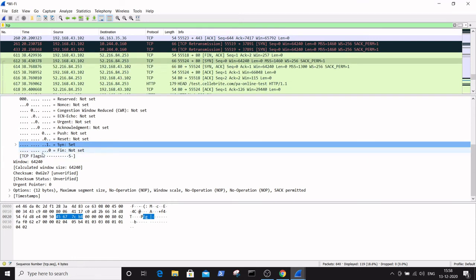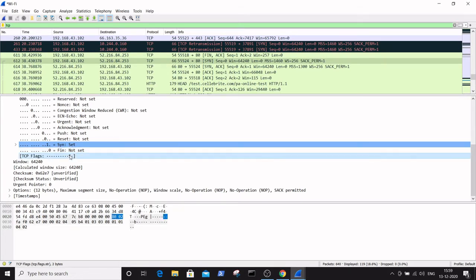The SYN flag is actually used to initiate the TCP connection, whereas the ACK flag is used to indicate the value of the acknowledgement number field. As the starting message from the client to the server, only the SYN flag is sent to the server. All these other flags are not set, only the SYN flag is set. The FIN flag is nothing but the finishing flag. It shows the end of the TCP connection, but in this packet we selected the starting connection establishment, so the FIN flag is not set.